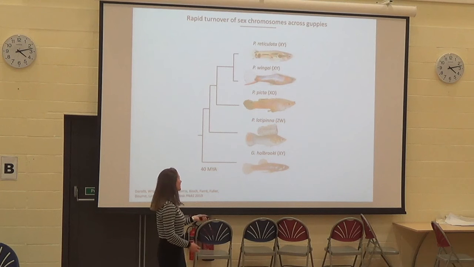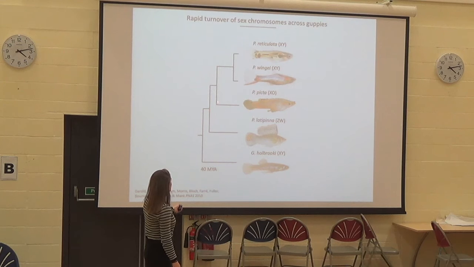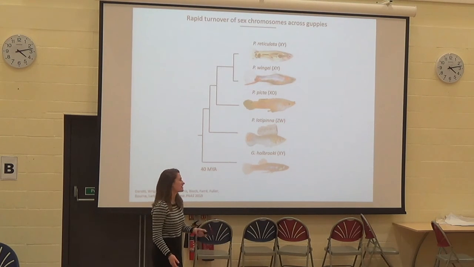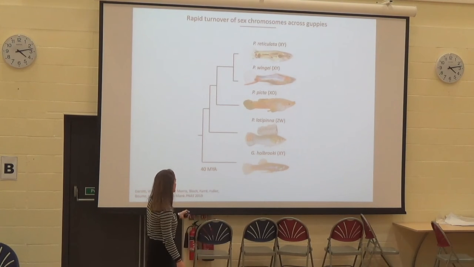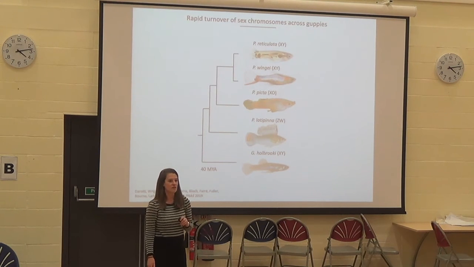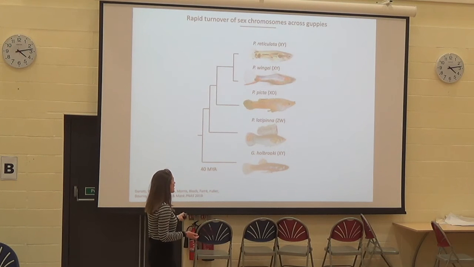Not entirely sure why, but it has these really diverged sex chromosomes where males just have a single X. Then you move a little bit further back in evolutionary time to the sailfin molly. It doesn't have XY sex chromosomes, it has ZW sex chromosomes that have evolved from a completely other pair of autosomes. And then you move here to the mosquito fish, which has XY, but it's not the same XY as the guppies up here have. So again, there's huge turnover and diversity in the evolution of sex determination and sex chromosomes across this system.